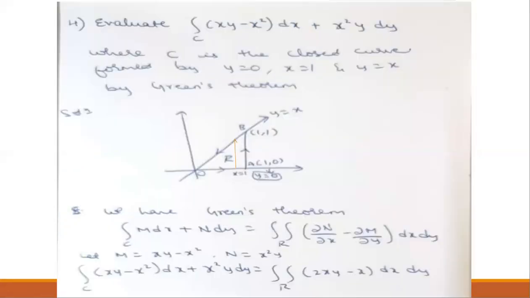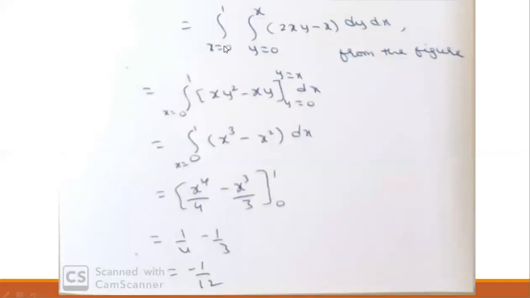Next we shall consider the range of x in this region of integration. Check the minimum value of x. The minimum value of x is 0 and the maximum value of x is 1. So x varies from 0 to 1, and the outer integral limits are x is equal to 0 to x is equal to 1. Since the inner limits are in y, first we integrate with respect to y and then with respect to x. These limits are written by considering the figure.